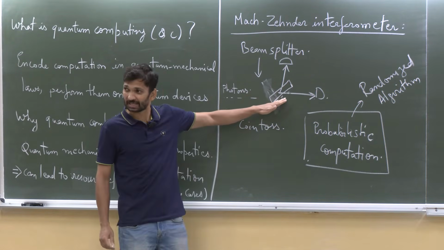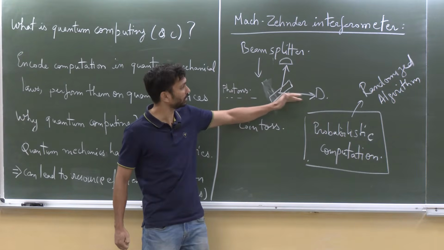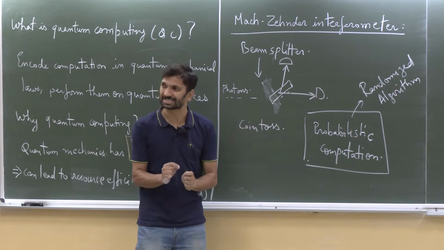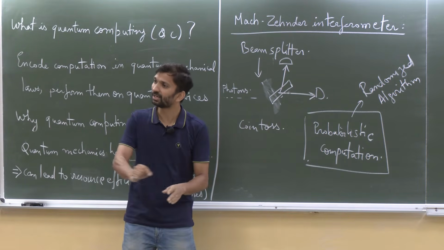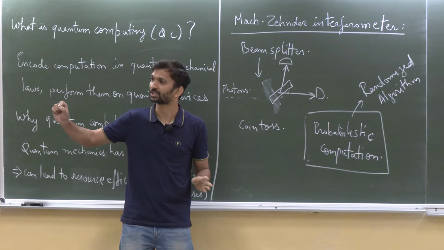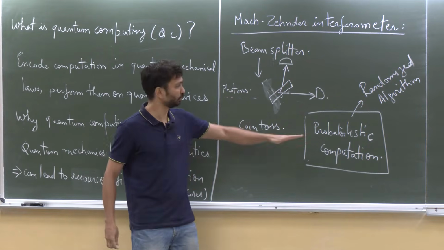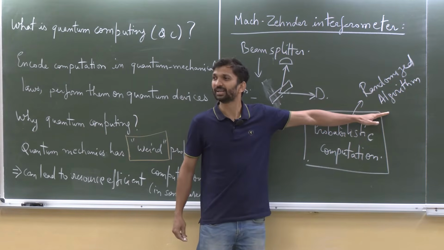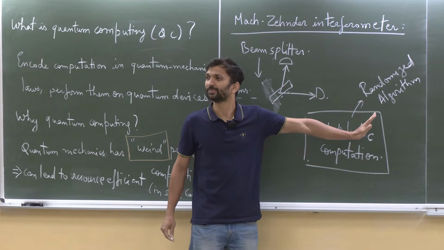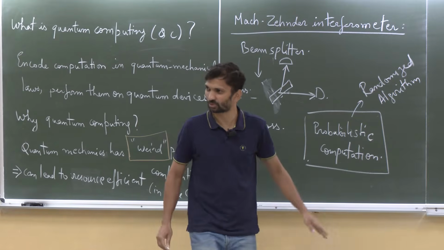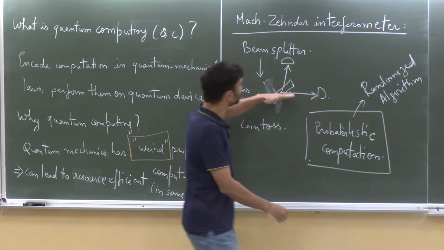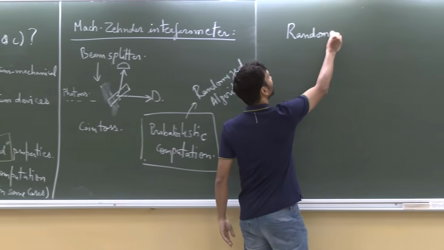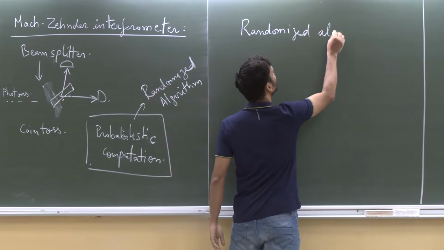So it looks like randomness right now. With half the probability I am going here, half the probability I am going there. I will make this experiment slightly more complicated and suddenly your probabilistic interpretation will vanish. You cannot explain it using randomization. And that's why I want to take a slight detour and tell what randomized algorithms are, right? So we will do this, don't worry, but first let's look at what is a randomized algorithm. What do we mean by this?